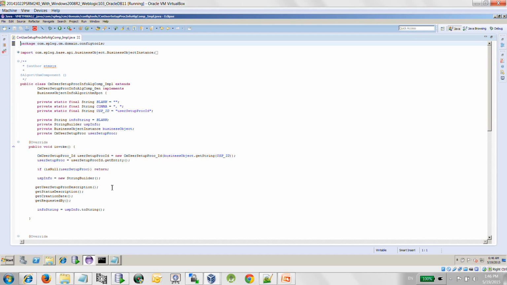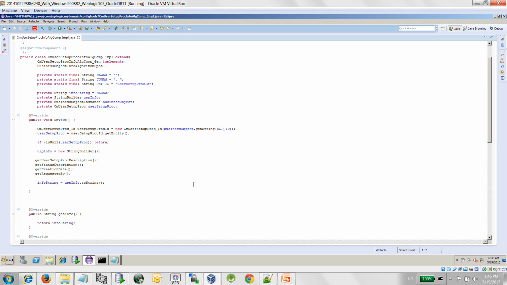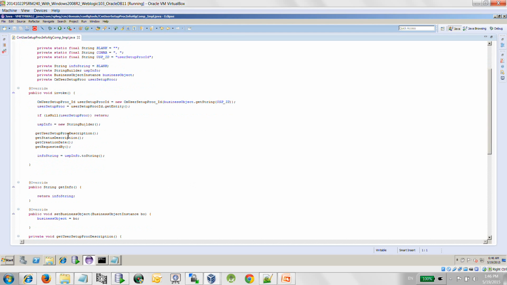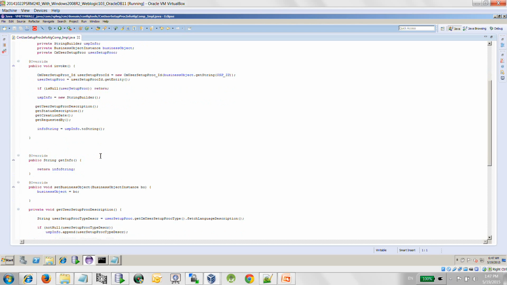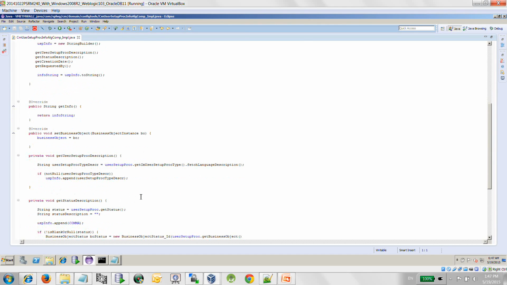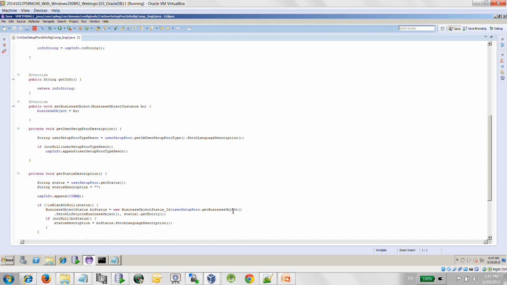Once we have the entity, we are returning if there's nothing in it, but of course we expect to have one. And then we build a new string builder, and then we have 4 different parts of the string. So the first part of the string is get the description. And over here, what we're doing to get the description, we're getting the description from the type. We're calling get type on the entity, and then going through the language description, and we're appending it to our string. After that, we're adding the status description, adding a comma, and then we are going to be